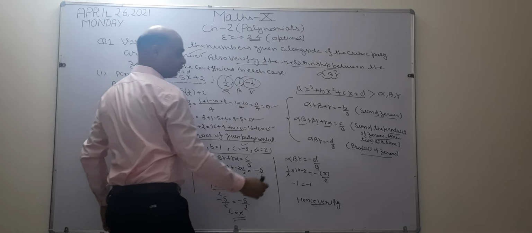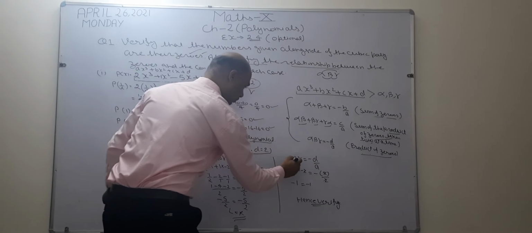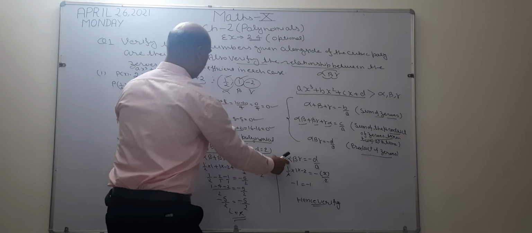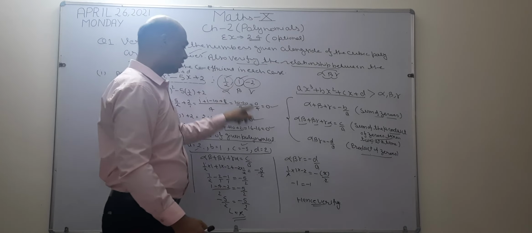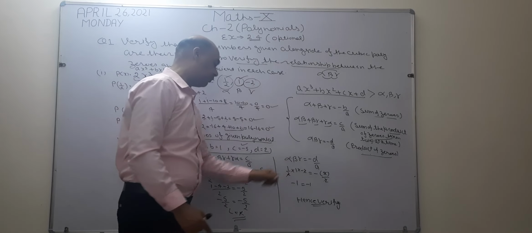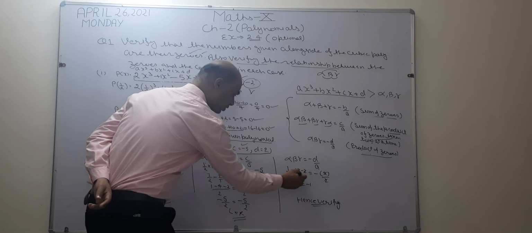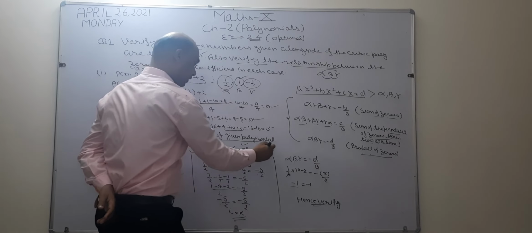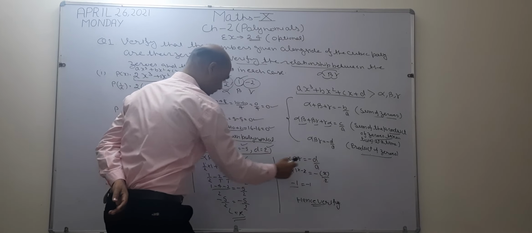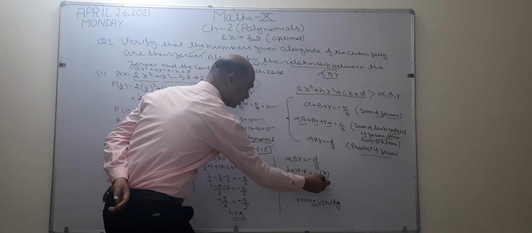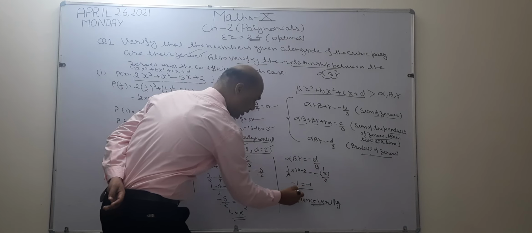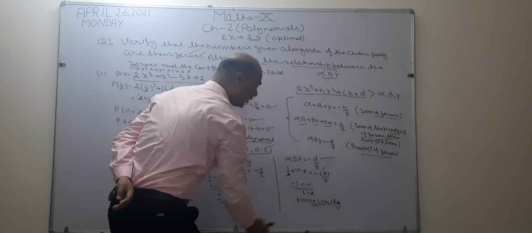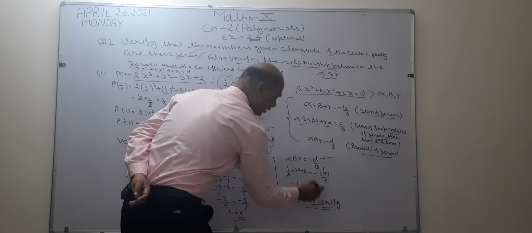Now last, the product of the zeros is left. What is the formula? Alpha beta gamma equals minus d by a. Alpha is given as 1 by 2. See here, the value of beta is given as 1. The value of gamma is given as minus 2. This one is cancelled. What is left? Minus 1. Now what is d? See here, what is d? 2. Right here 2. What is a? Also 2. 2 is cancelled with 2. What is left? Minus 1. Both sides are equal. Left hand side equals right hand side. It means the product is also verified. So the answer is over. Hence verified.